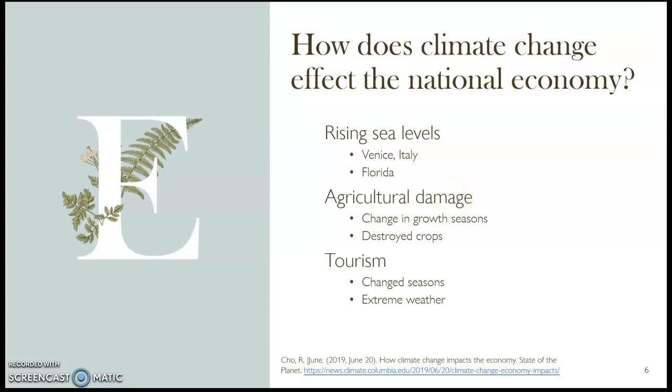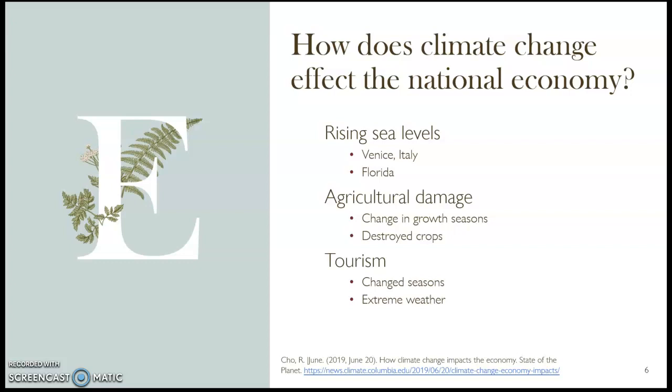With that, we also have the rising sea levels, where that affects places like Venice, Italy, or Florida. These are two beautiful places that are at or below sea level that once coexisted so beautifully with being in the water. Venice is known for being on the canals, but they're now seeing extreme flooding. Venice is actually projected to, in the next 100 or so years, be completely flooded, which is damaging to the Italian economic system because it's no longer going to be a place of tourism,